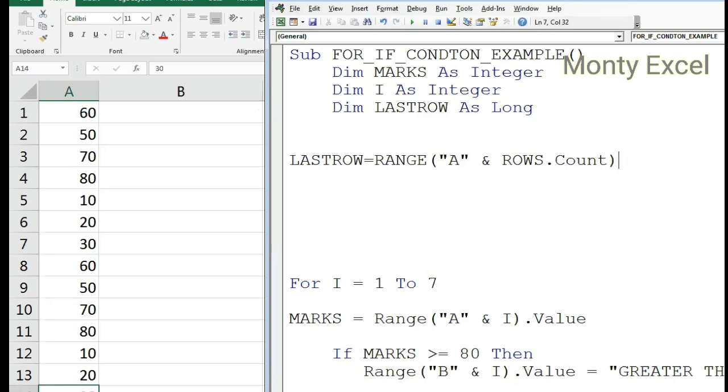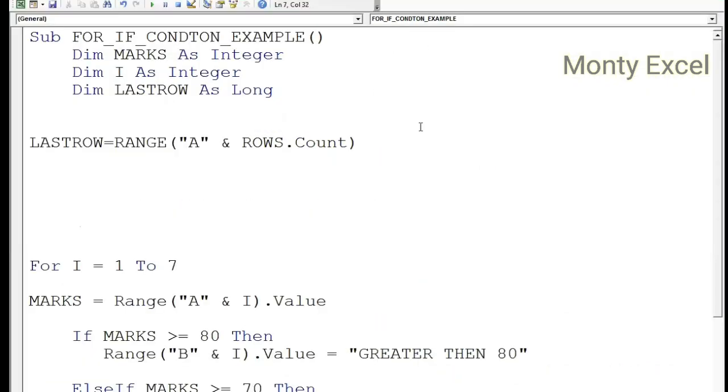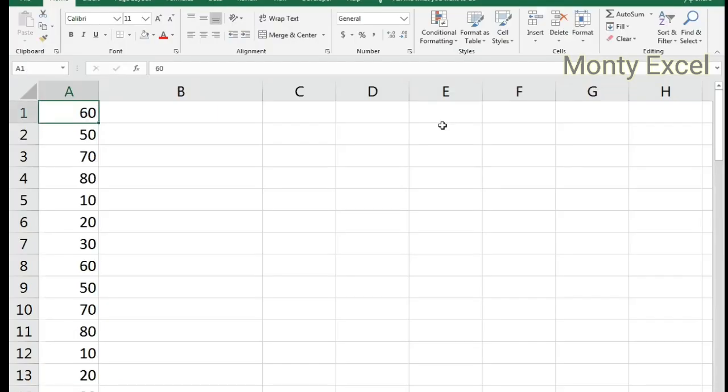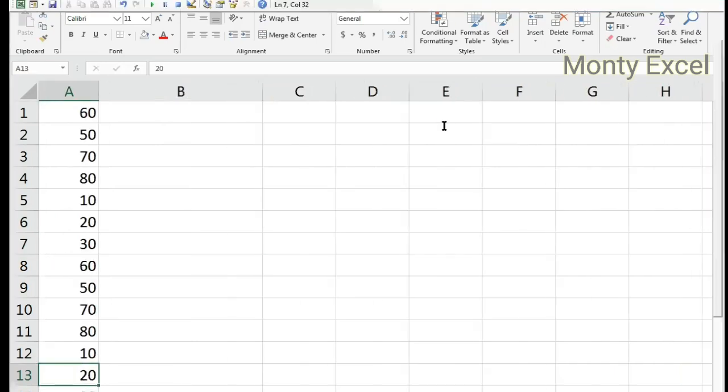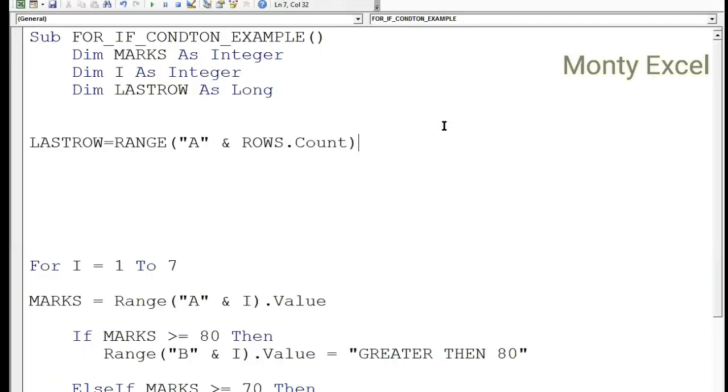This is still incomplete because it has not been given the end part. As I said, when you're going from top to down, this is coming to the end, right? If you are going from bottom to top, this is going from the top. If you're going from the right side, this is the right, this is the left. So that is the instruction I'm going to give to VBA now: A, ampersand, Rows.Count, dot